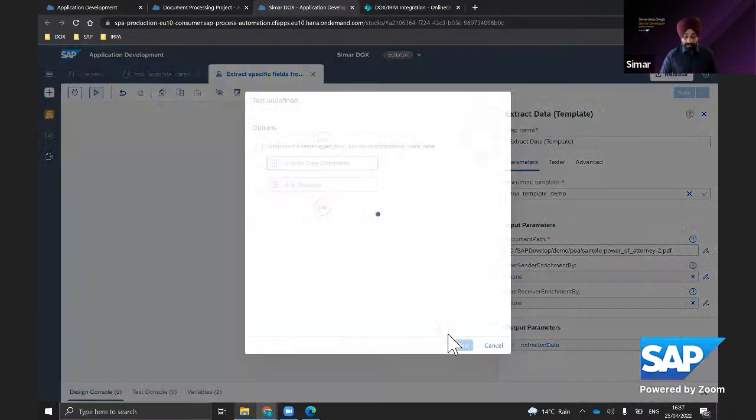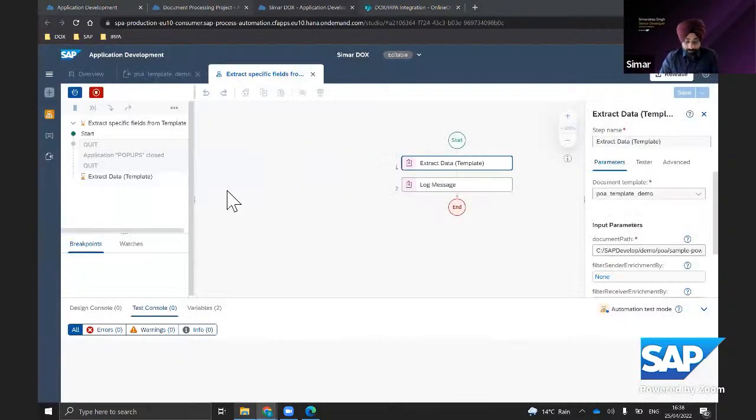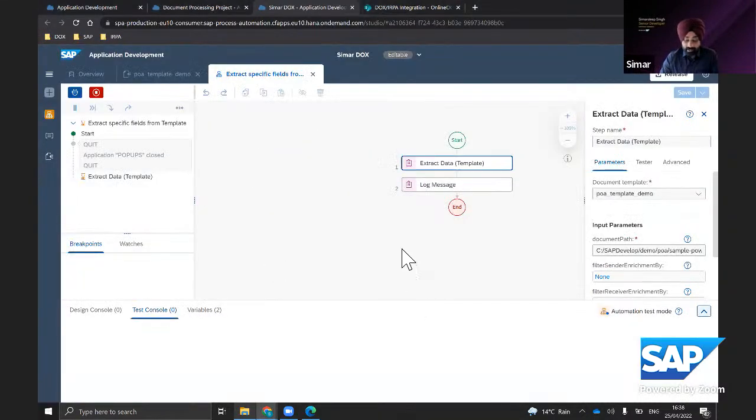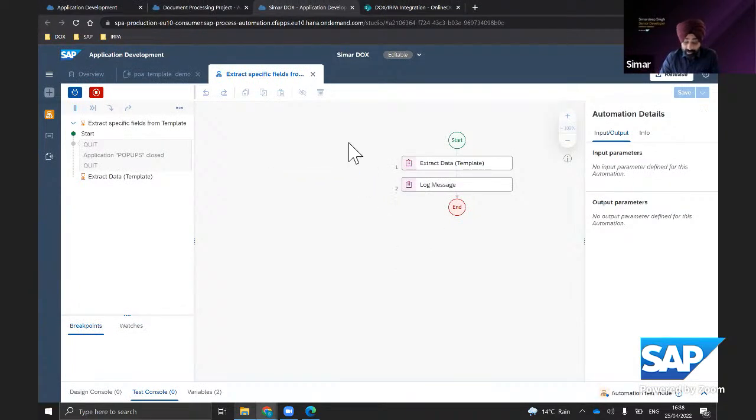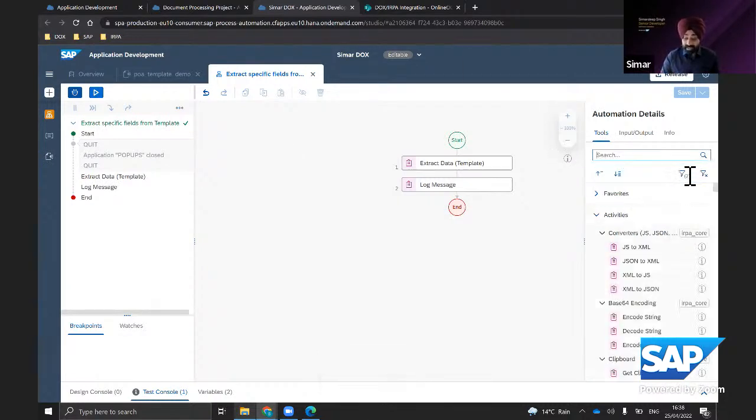So let's run this and see if it extracts the exact data which we require from the power of attorney document. In the meantime, it is extracting the data. I would like to say that you should not be restricted to using only these 3 activities. SAP Process Automation has the complete set of activities which allows you to do text-based operations.